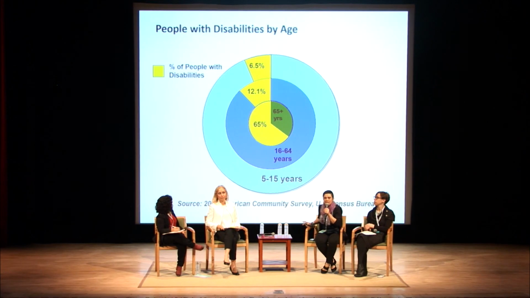And again, this is disability as determined in these big census-style categories as a major life limitation. But for people ages 5 to 15, the prevalence is only about 6.5% would identify as having a disability. Between 16 and 64 years of age, so what we consider broadly adulthood, it's about 12.1%. And then once we get up over the age of 65, 65% of us will identify as having a disability